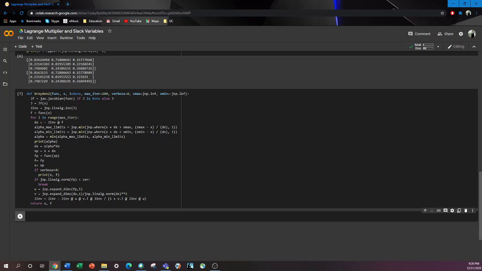We will define our Broyden method again, but with extra dimensions on the xmax and xmin, and we will use this to determine our limits using alpha,